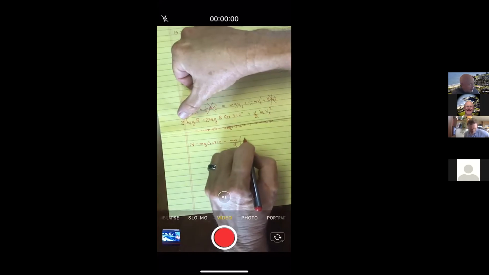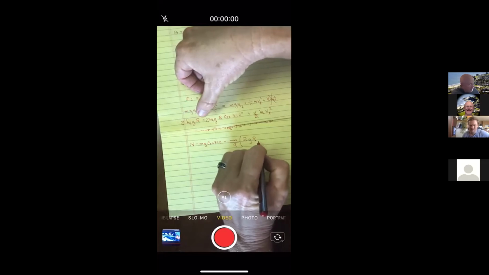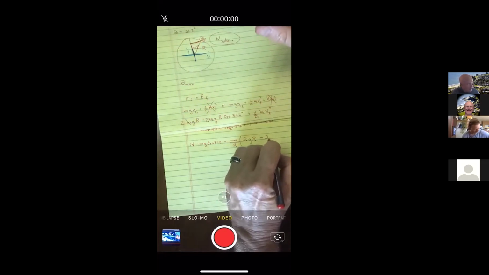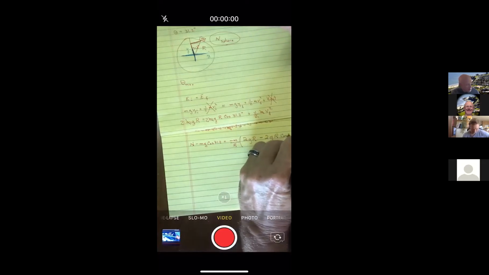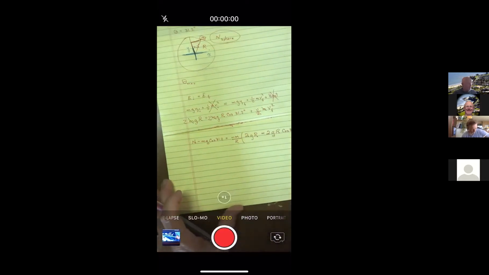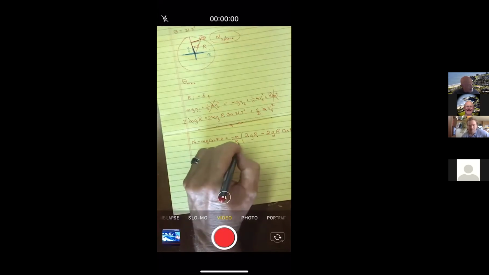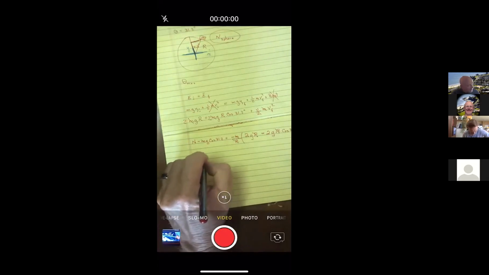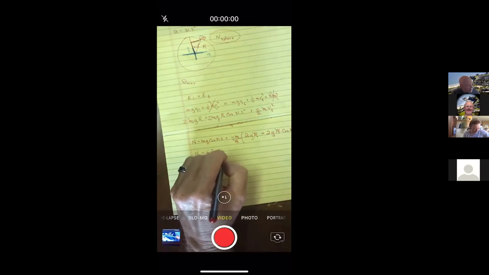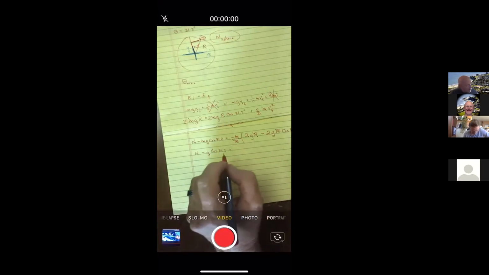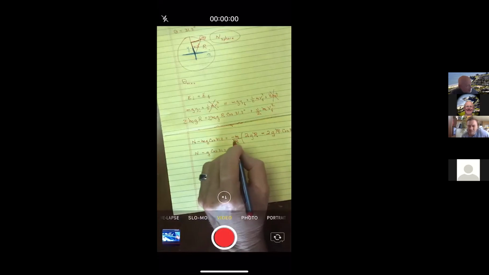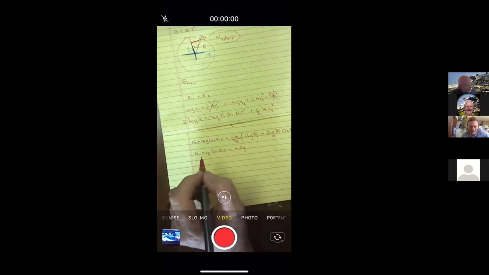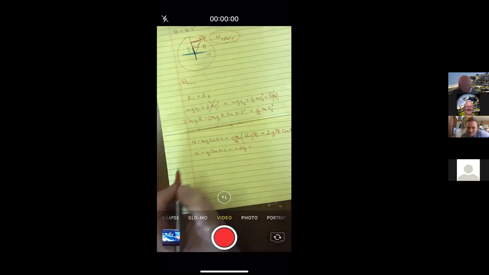So this would be a 2GR, and then minus 2GR cosine 31.2. And I think this was part of the hint that the R is going to cancel off. Good. And so is the M. And so we get N minus G cosine 31.2. Over here, we get a minus 2G. This becomes then a plus